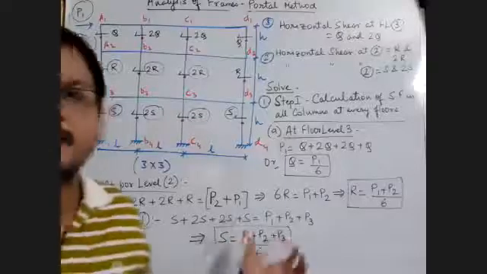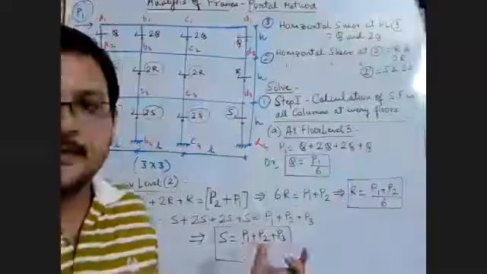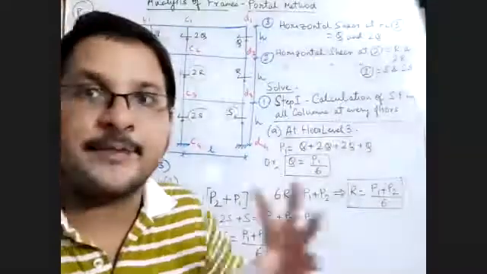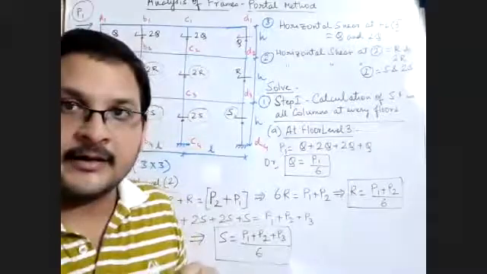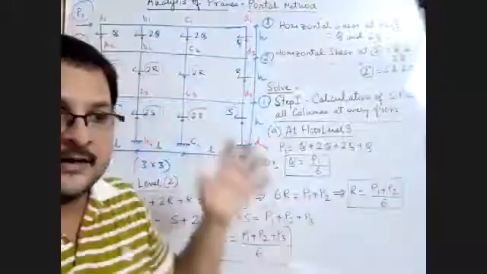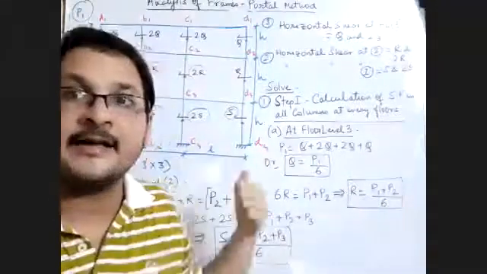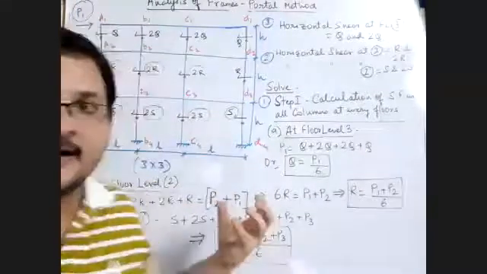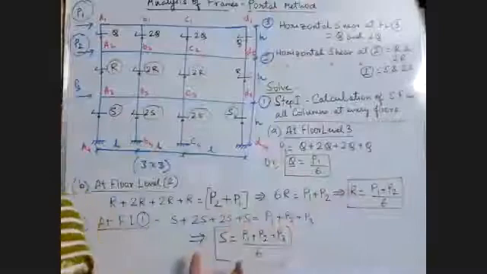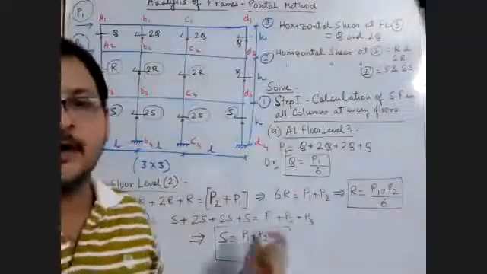So that is why, since this method is so easy, it is very less accurate. This cannot be so easy for any analysis. To calculate shear force, we apply some formula. For continuous columns, finding the shear force is very difficult, yet we are finding it so easily. That is why something is off: there is less accuracy. That is why it is named the approximate method. We are getting the shear force so easily, and later you will see bending moment is also easily obtained. That means it is an approximate or less accurate method.